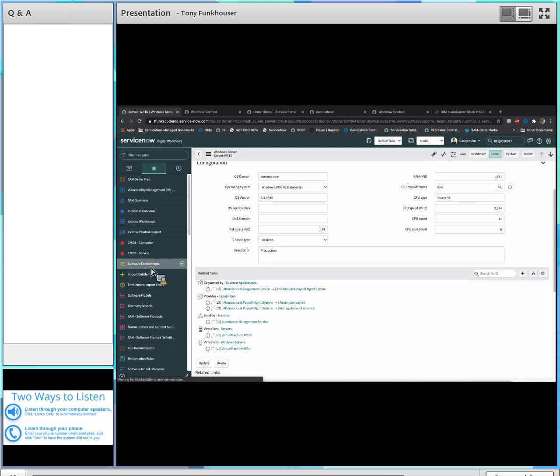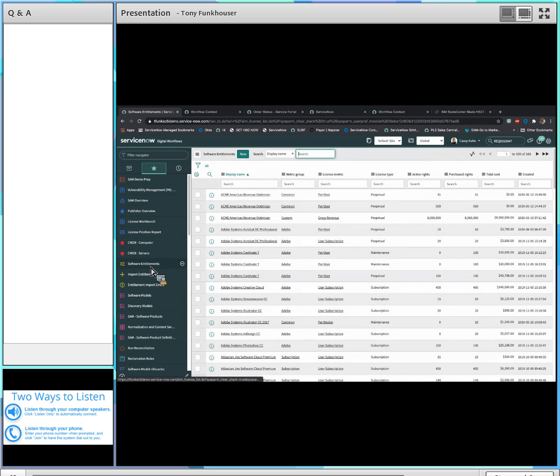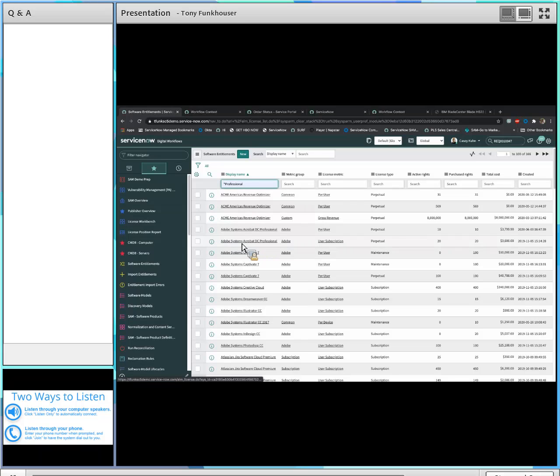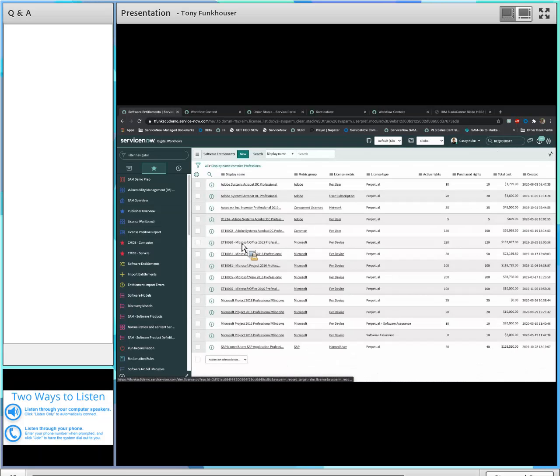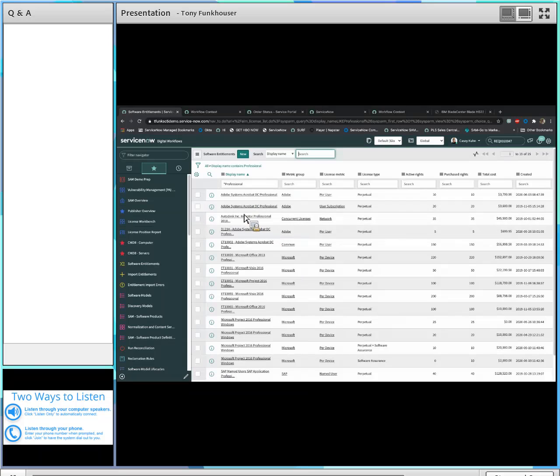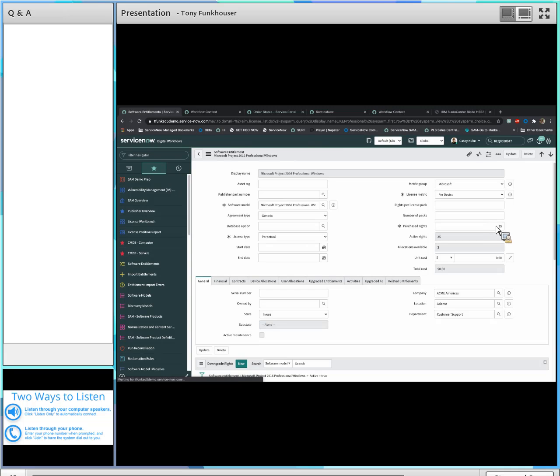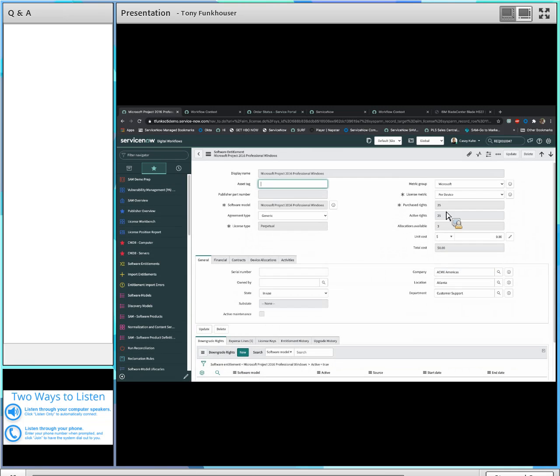It's when we get to the software entitlements. These are the use rights that have been purchased. So if I go down here, let me do a quick search for Microsoft Professional. I'm going to be able to see what I've purchased in the way of Adobe DC Professional, Microsoft Office 2013, various titles. But I'm going to open up this particular entitlement here, and we can see that I've purchased 25 rights. It looks like I have 25 active, and I only have 3 allocations available because I've already started to allocate